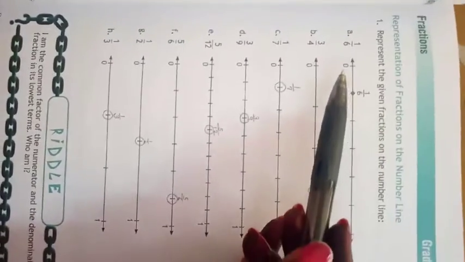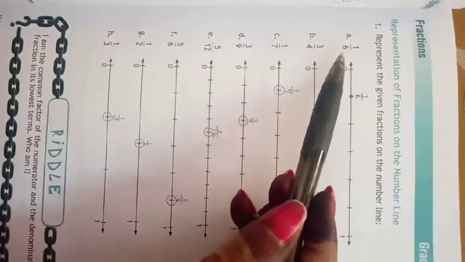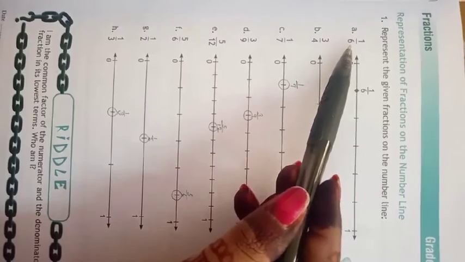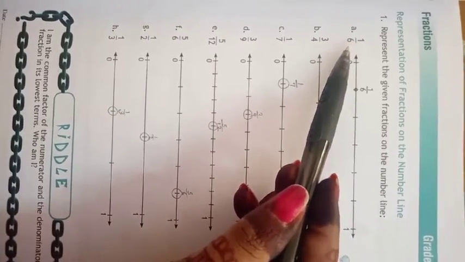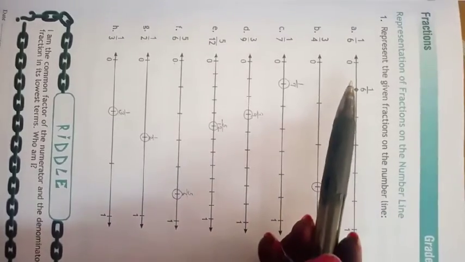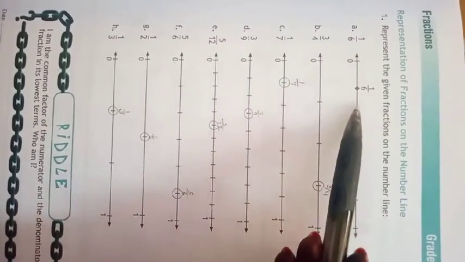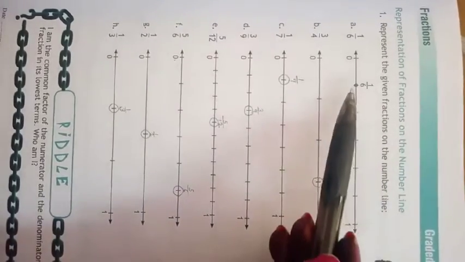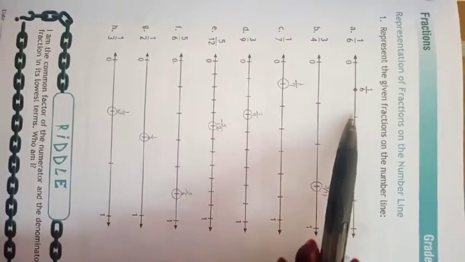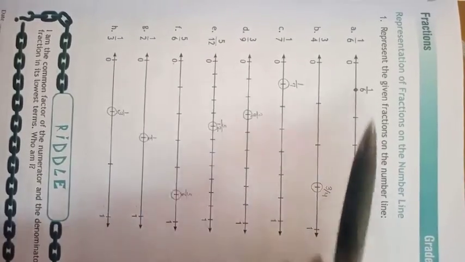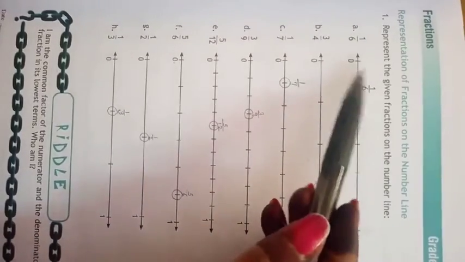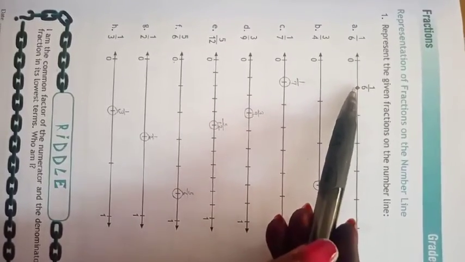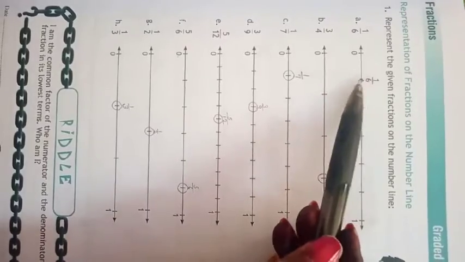Now what we have to do next? 0 to 1 is written. Okay, what is the denominator? Denominator is 6 and we know that the denominator represents the total number of parts. It means this number line should be divided into 6 equal parts, which is already given. See, 1 2 3 4 5 6. This number line is divided into 6 parts, which means this is 1 upon 6 part. This is 2 upon 6. This is 3 upon 6. If I draw a rectangle over here and shade this part, so you will say, na ma'am, this is 1 upon 6th part. Okay, so this is the 1 upon 6th part of this number line. So this will be 1 upon 6.